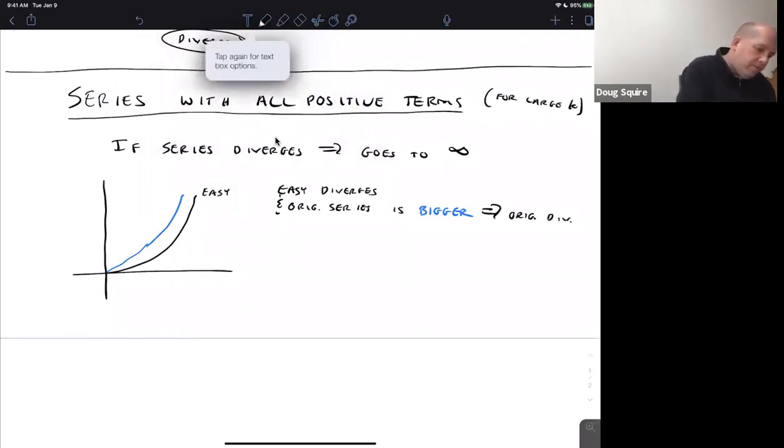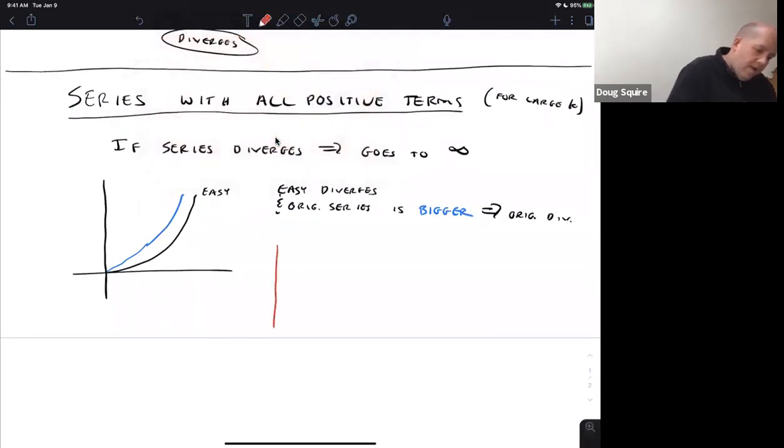I don't want to do that. All right. And so let's say now the easy series converges. Okay, so if the easy series converges, but what you're adding is all positive terms, because you're adding all positive terms, the sums are always getting bigger and bigger, but they level off if it converges. So if the easy one converges,